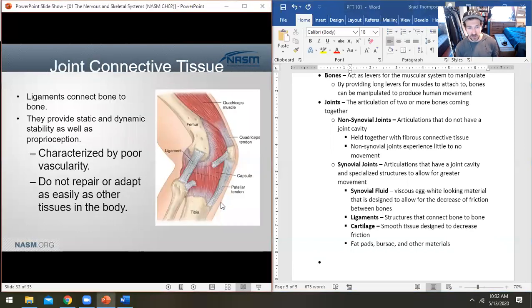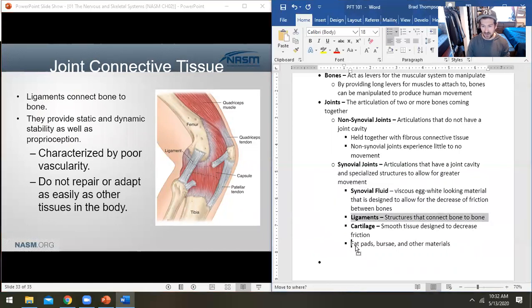We want to have good connective tissue, and we want to have lots of space between our joints, but we do have to be aware that without proper strength, that increased mobility comes with decreased stability. So eventually you end up moving your joint too much, and that can cause all kinds of other types of pains. So ligaments, we kind of already covered, but they are connective tissue that